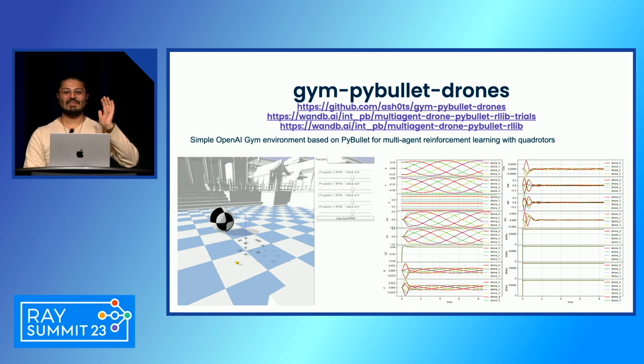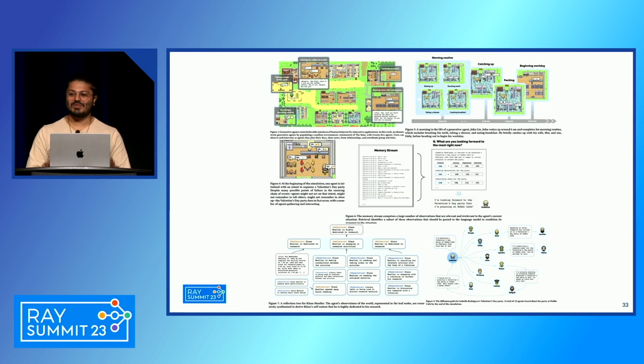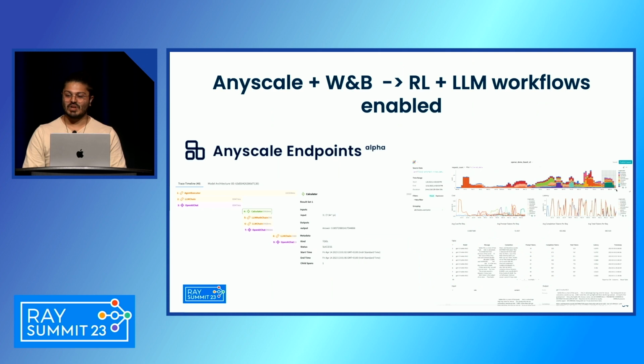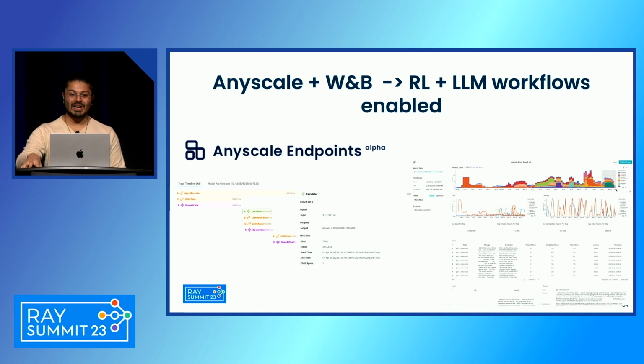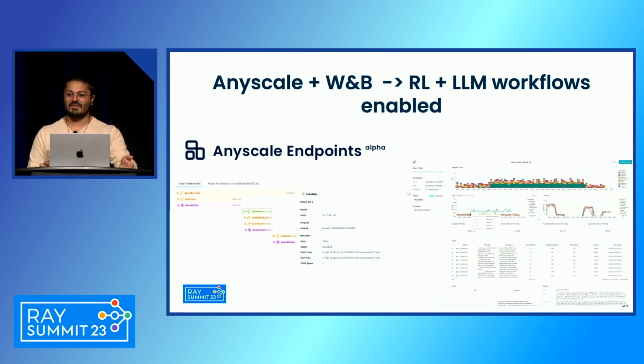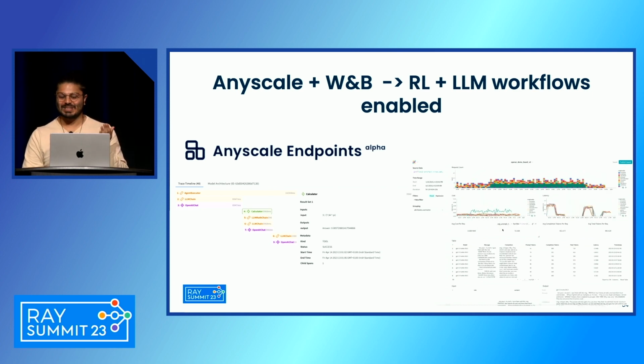And so before I leave, I do want to propose a cool concept that I've been hearing a lot about, and that's LLMs, something you probably haven't touched yourselves. I think there's a really interesting concept of generative agents that's coming out right now: the ability to use LLMs as the main core of these different autonomous units of logic that communicate with each other. That sounds like an agent in an RL environment. So why don't we combine the concepts of these LLM-based agents with these dynamic environments that RL provides and create generative reinforcement agents? If someone's going to go out there and build that environment, which I think is coming soon,